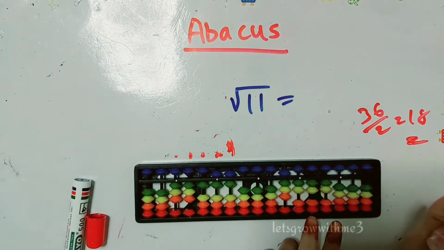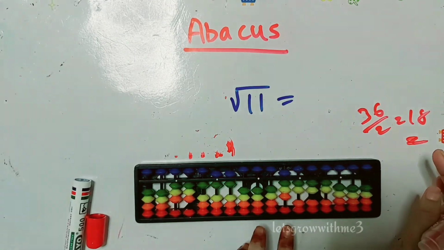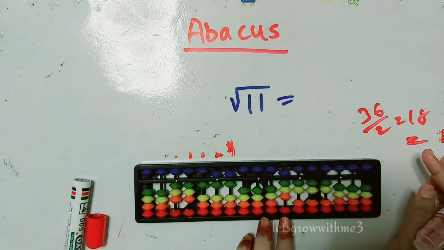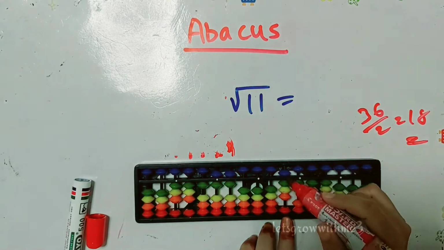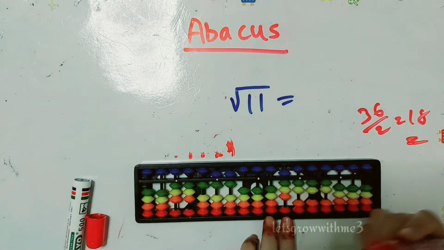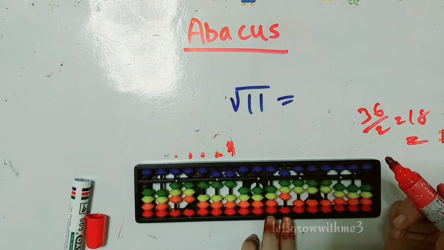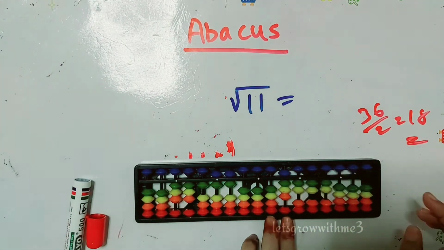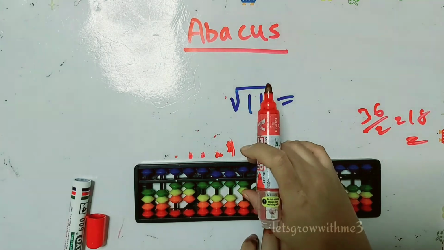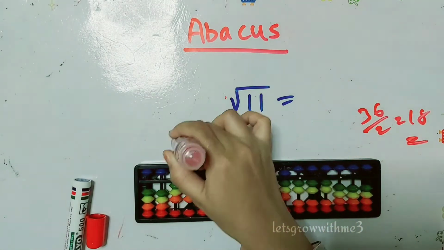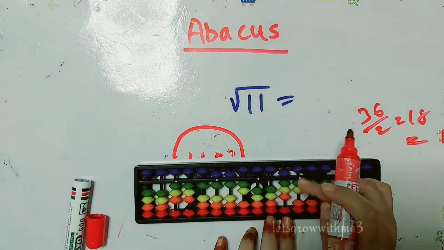Then next we have to find the next divisor. To get our next divisor, we have to see what our dividend is. Our dividend here is 8, which is greater than 3. Then we can do our division. How many times? 3 2s are 6. Our next divisor is 2. So put 2 on the abacus. Yeah, 3 2s are 6. Now subtract 6 from 8.